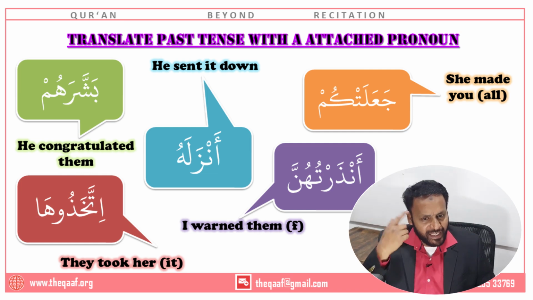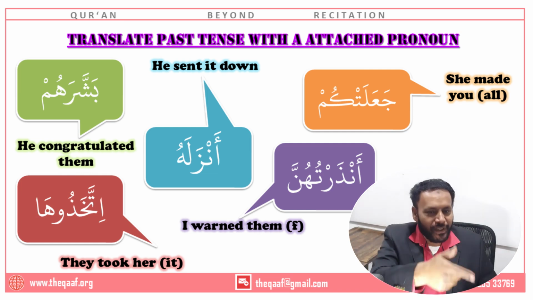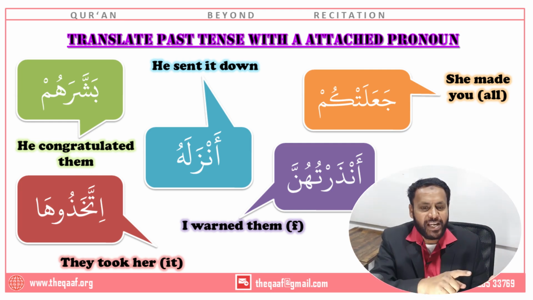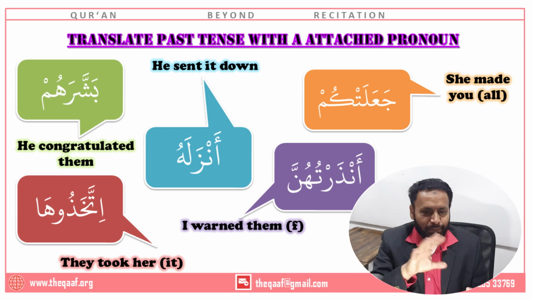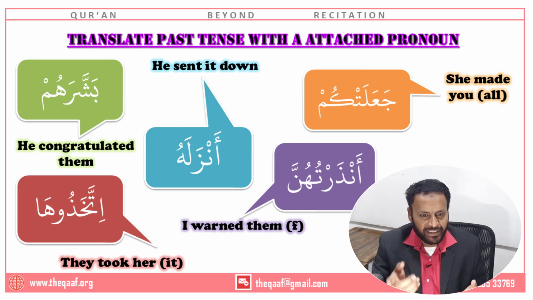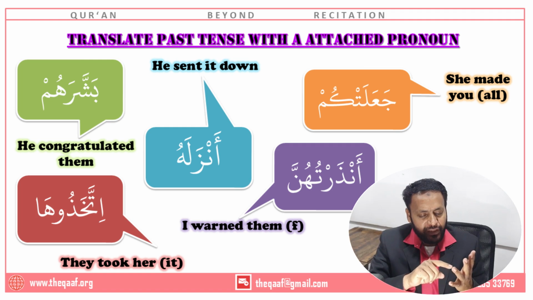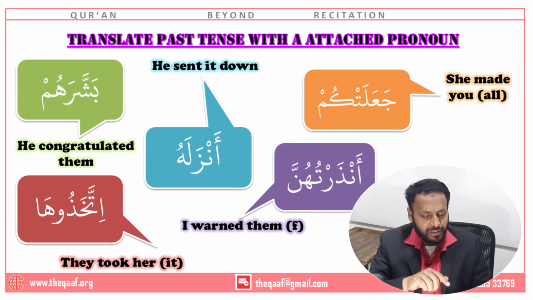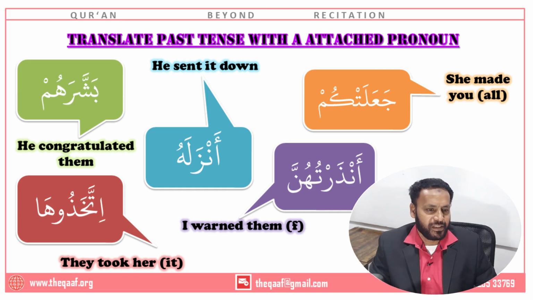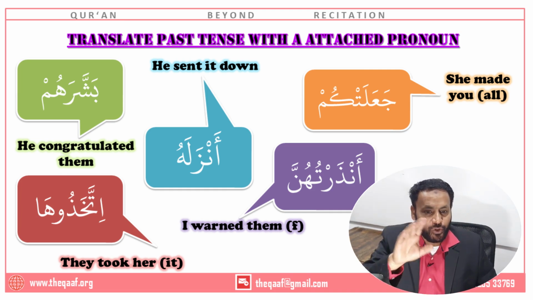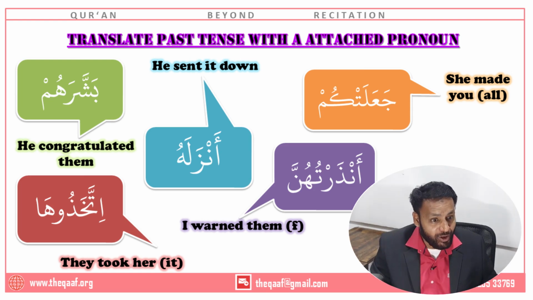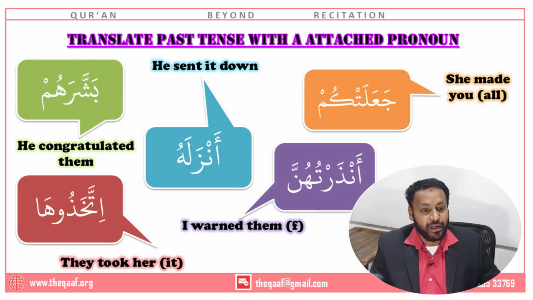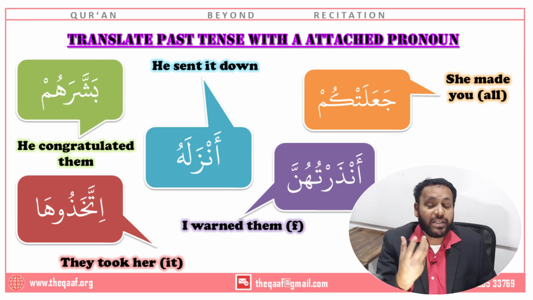So this is the very first word of the table. If I get that this is the first word of its own table, that means it should match the details of nasara except the meaning. What are the other details of nasara except the meaning? Nasara is masculine, singular, third person, past tense. So these four pieces of information should apply to anzala. It should be masculine, third person, singular, past tense. That's the doer inside it, which means the doer inside it is huwa. So there is a pronoun huwa inside it, and I also have a hu now, which I am pretending is not there. Before I attach hu, I am going to translate anzala.